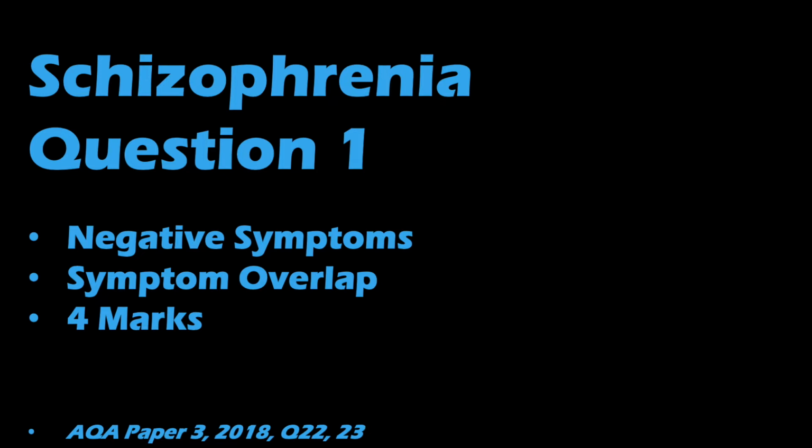Each question will have a little title page, which will tell you what question in the playlist you're on, and it will also briefly tell you what the topic is and how many marks the question's worth. The paper that the question came from is also on the front sheet right at the bottom, so that you can find the original source of the question if you want to, and you'll know if it's an original question at the time of recording because there won't be a paper referenced on the front sheet.